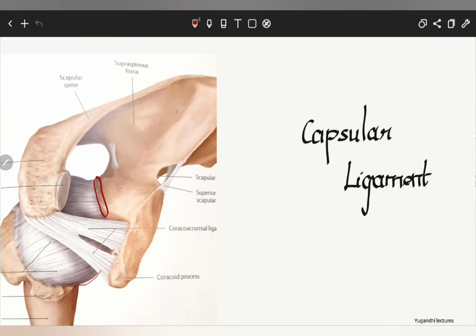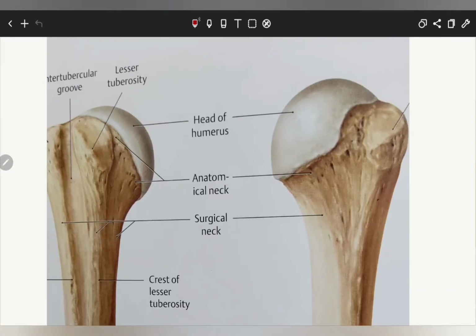So then coming to the lateral attachment. Laterally, the capsular ligament is attached to the anatomical neck of the humerus. You can see here, it extends from here like this, with some exceptions with respect to the inferior and the superior aspect. Inferiorly, it extends just up to the surgical neck of the humerus. Beyond that, it does not extend. And superiorly, it is deficient, leaving some space for the tendon of the long head of biceps to go through.